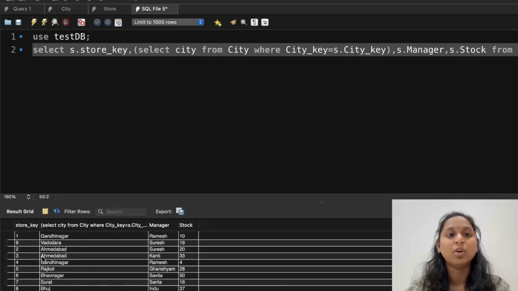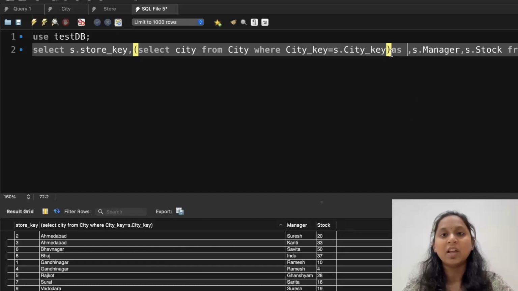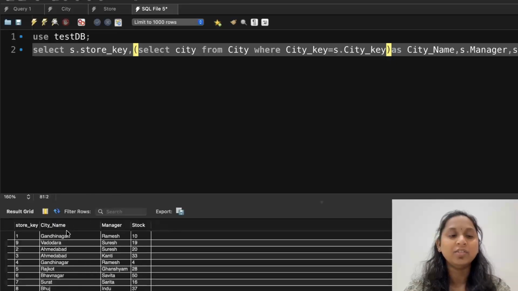Yes, it is working. But this is the title I'm getting and it does not look good. So what I can do is use the AS keyword. AS gives an alias for this column. What name do I want to keep? I want the name as city name. Fine. Now I run it and this is the final result. Okay, this way you can use your prefix as a table. So here S is your prefix which we use here.